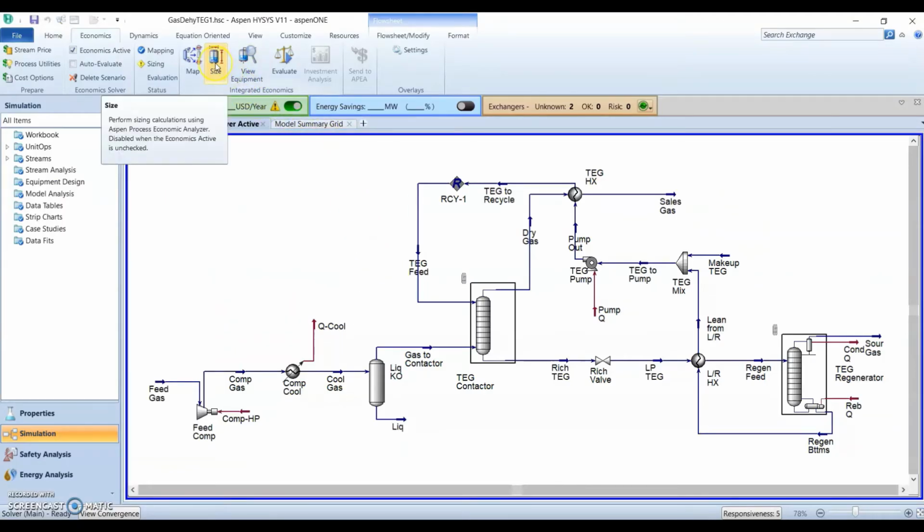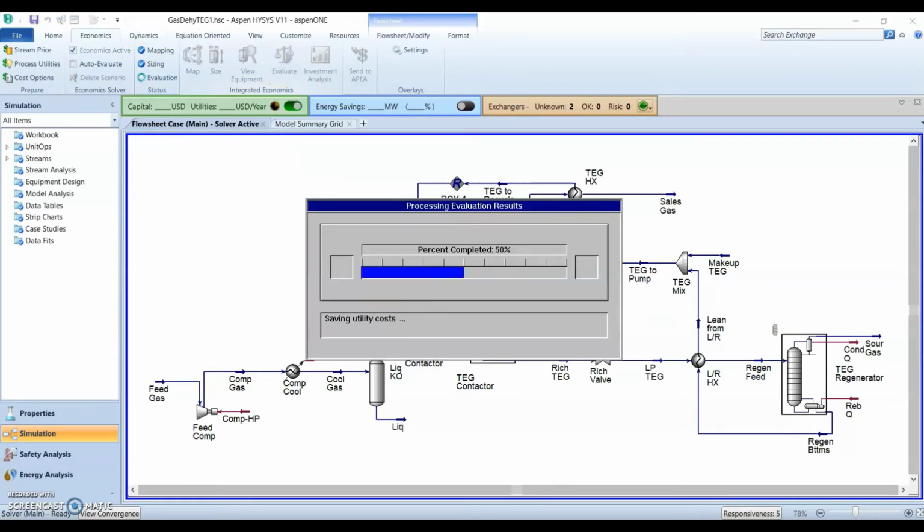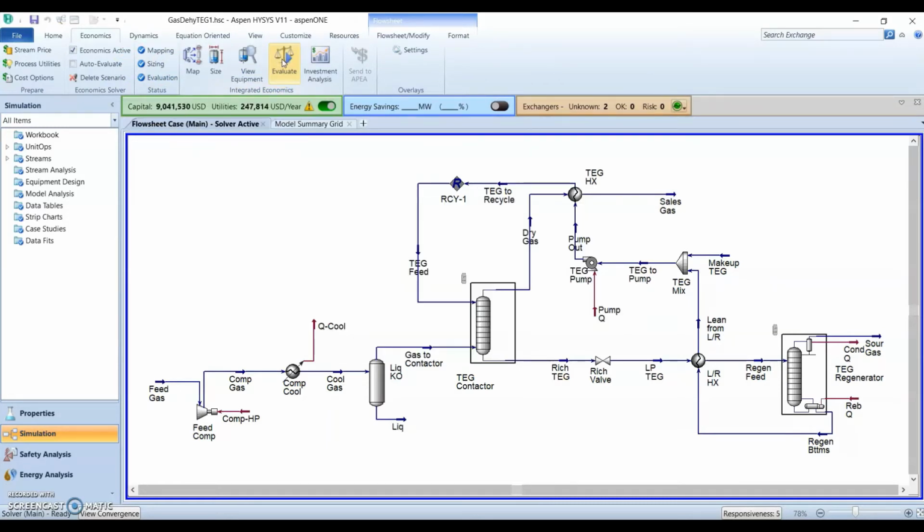Now we click on the size button, then APA will perform the sizing calculation. And then you will see here the sizing now is already done. Now the next step is evaluation. So we click on the evaluate, then APA will perform the costing calculation. Done. So mapping, sizing, evaluation is completed.